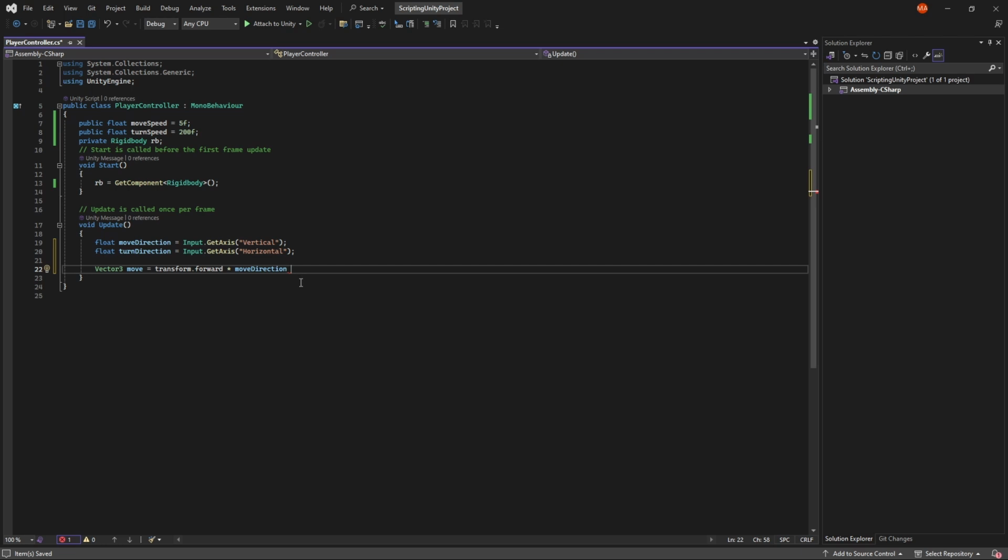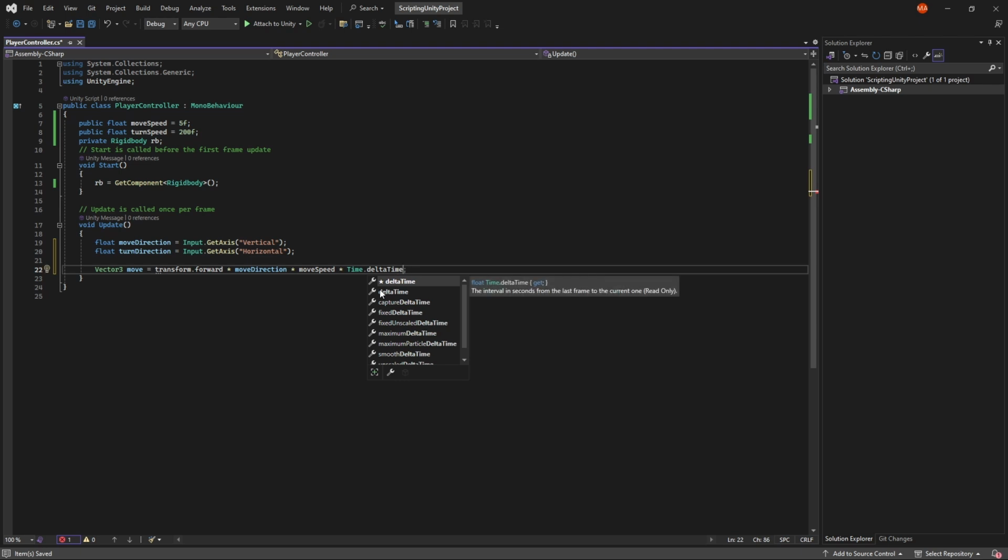And if you're going forward, you're pressing W, and that's a positive value. So that's why it multiplies it. Then multiply it by move speed, because we want to adjust how fast it moves. And never forget Time.deltaTime when you're dealing with these rigid bodies. And the way I'm going to deal with it is actually do